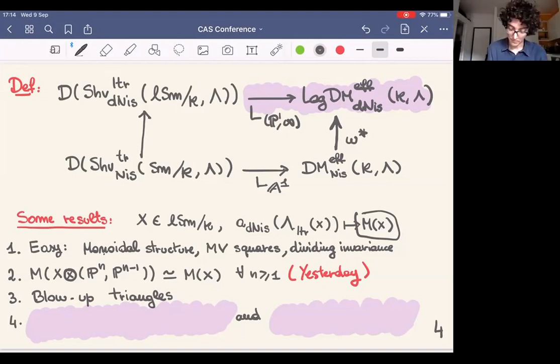So we also have blow-up triangles, and let me put this in parentheses because I will discuss them maybe later if I have time, but